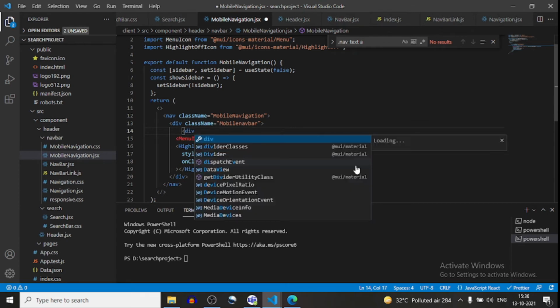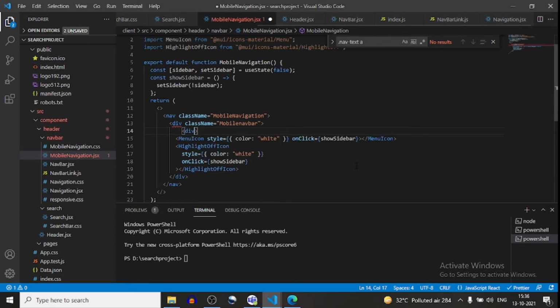Now here I will create a div. What that div will do: class name equals to, if, I will set CSS as close menu, else I will set CSS open menu.